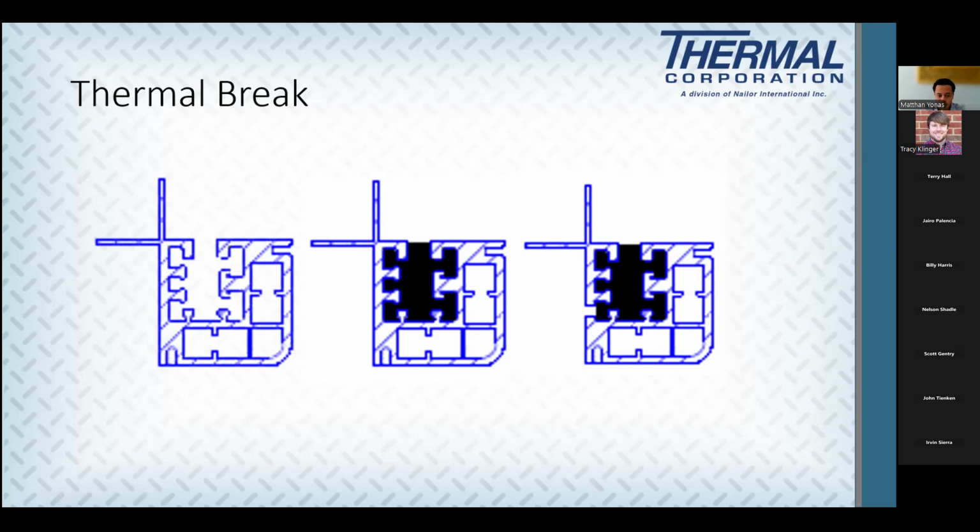There's also different things to consider with your intermediate posts, because these are going to be your corner posts. You have intermediate posts along the length and width of your unit and the roof. How the panels come together, if you have a two-panel system, you want to make sure you have gasketing and insulation in the panels and gasketing where the panels touch. You don't want your fasteners to go all the way from the exterior to the interior of the unit and provide another path,